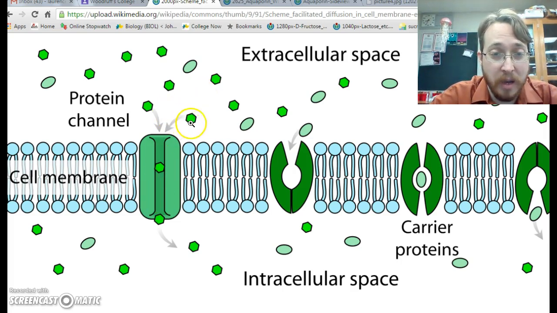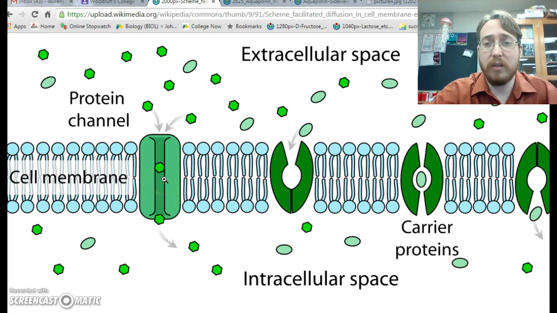Whatever these hexagons, probably glucose, they can pass through. But whatever these ovals, I don't know, maybe a monoglyceride, they can't pass through, although a monoglyceride would be able to just pass through here. And it doesn't have a fatty acid tail, so it's not a monoglyceride. I don't know what this is. But it can't pass through this channel, because the channel lets things pass through based on size and polarity,